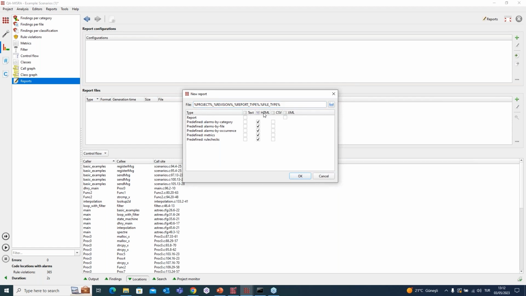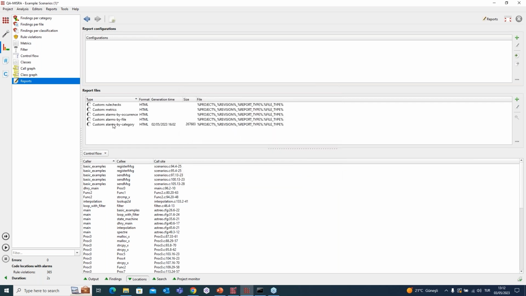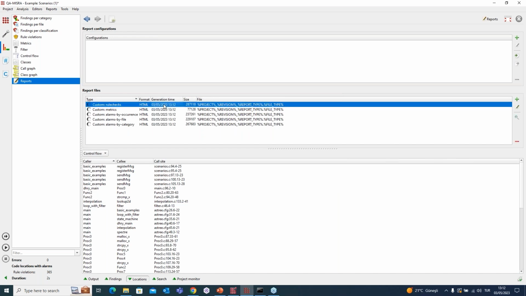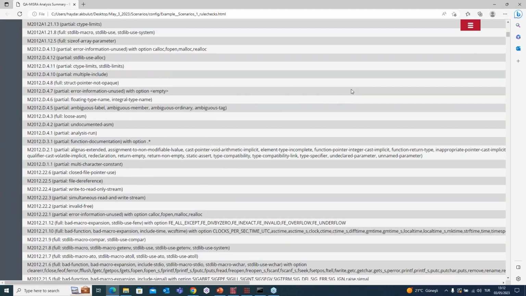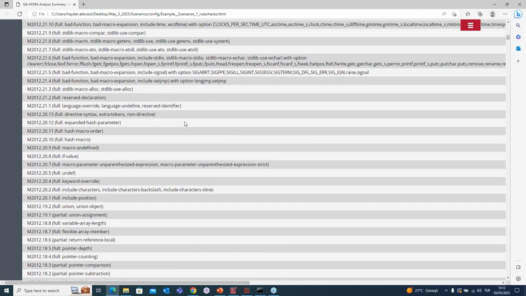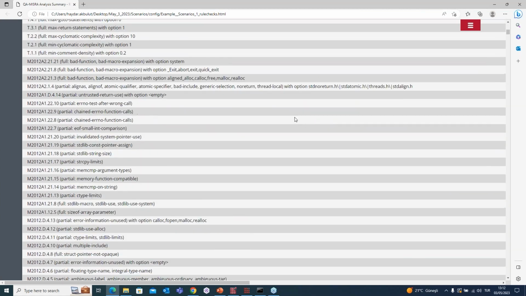For demo purposes, I will use HTML. I will select all of them, and in one click, MISRA prepared the formats of my reports, and if I click generate, it is generated. And if you double click, MISRA will bring you the whole report for your project, including all the related checks and the results of them.